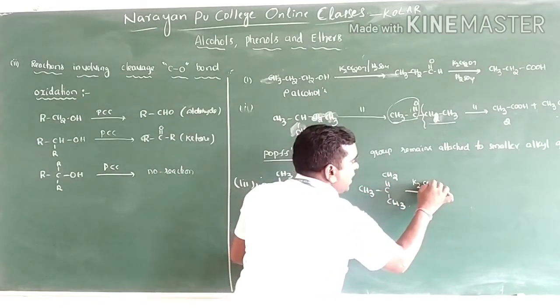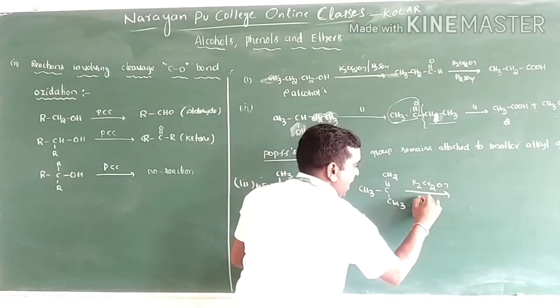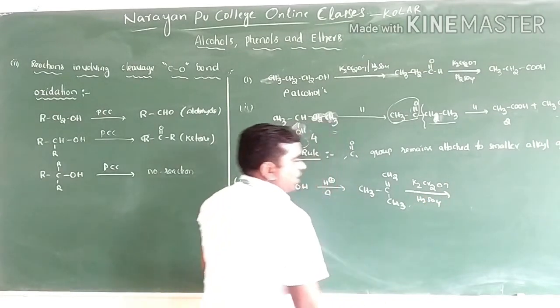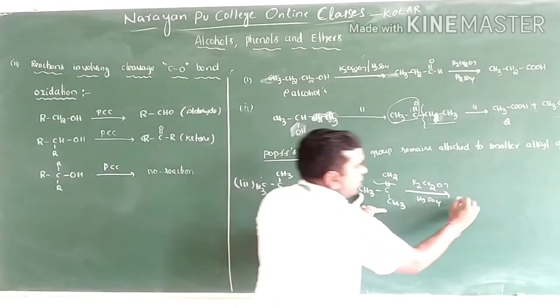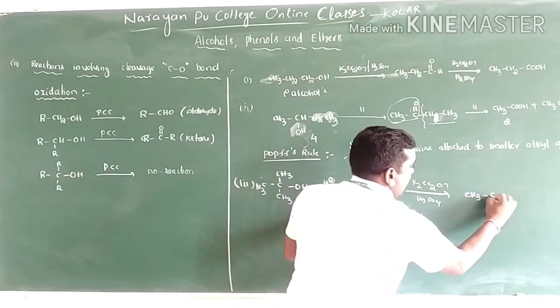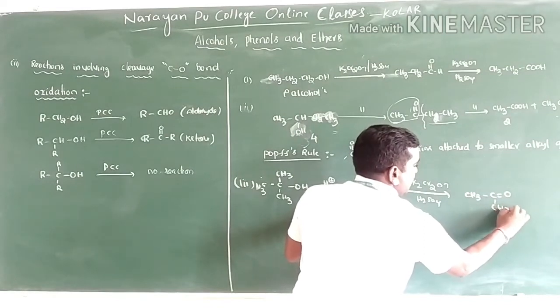Now you do the oxidation with Cr2O7 and H2SO4. Then the double bond will break, and you will get the ketone, CH3 C double bond O CH3, plus